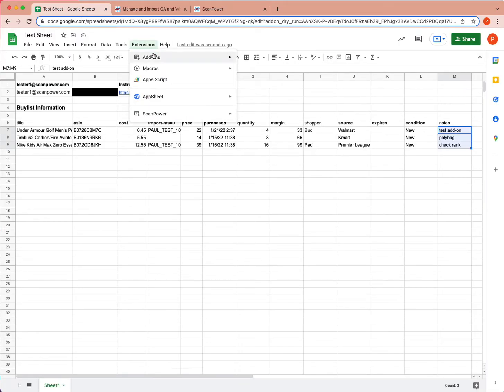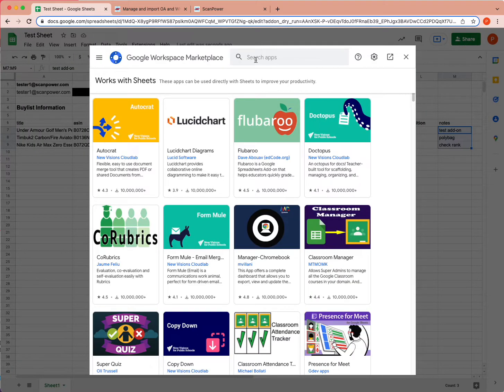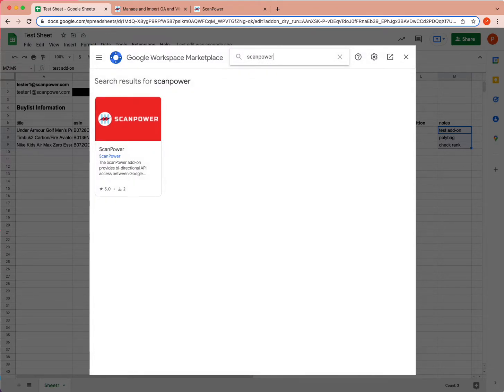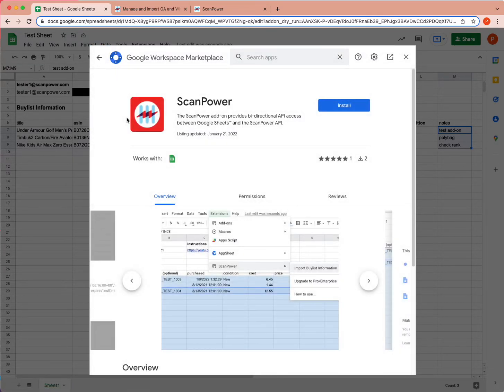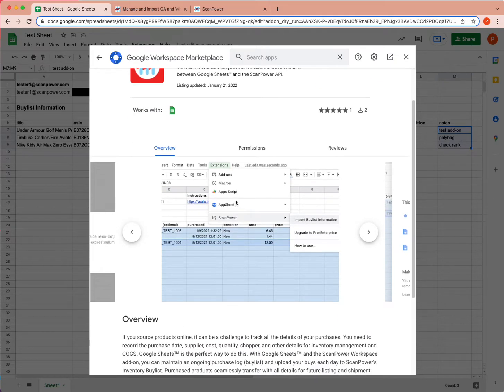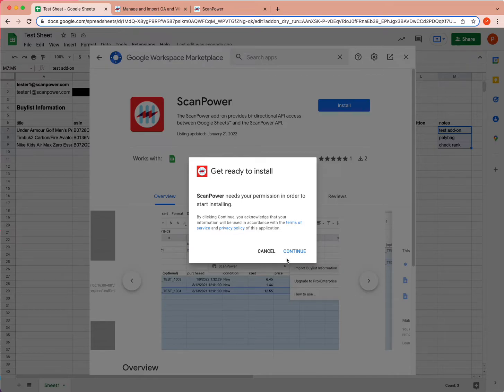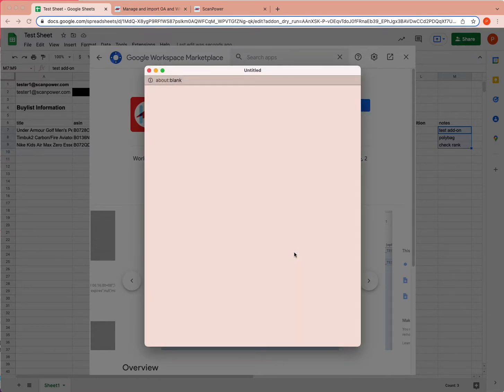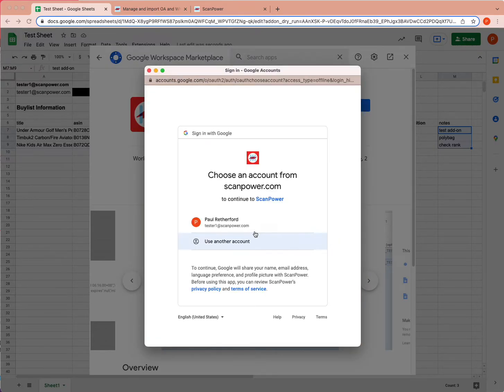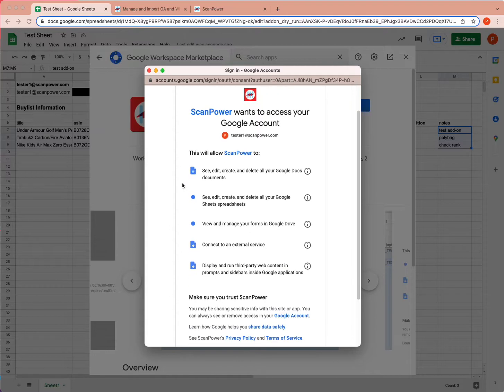So if you click on Extensions, Add-ons, Get Add-ons, you'll be taken to the Google Workspace Marketplace. You can search for ScanPower, and you should see our add-on here with some screenshots and description. When you click Install, you have to tell it which account you want to install it under. So I'm going to use this test account. And then